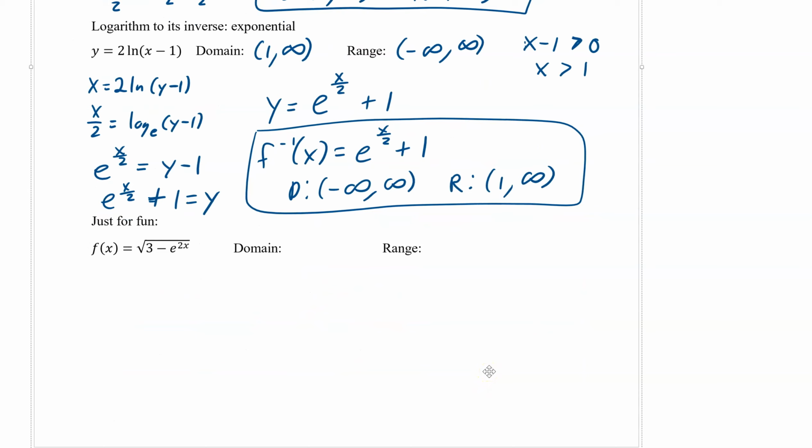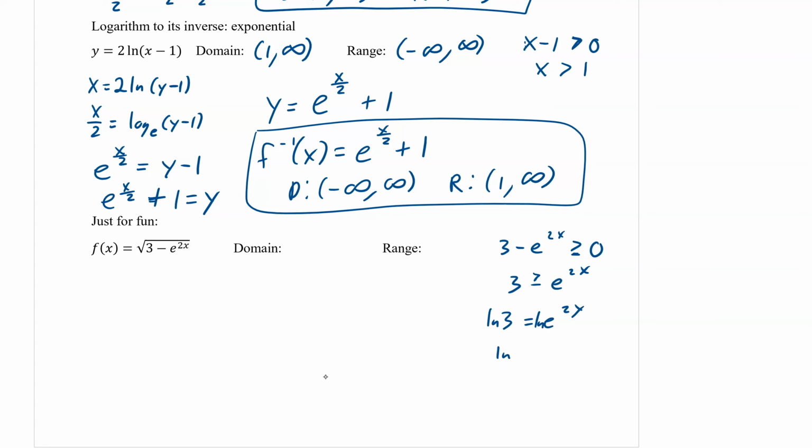All right, let's try another one just for fun. So let's first start with the domain. The inside of our radical must be greater than or equal to 0. First we're going to start with the 0 and look at it that way. So 3 equals e to the 2x, right? And if we move it over, we end up with this. So we're already looking for when our exponential is less than the 3. Okay, so if we solve it,